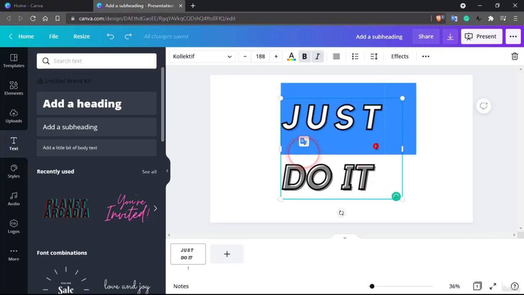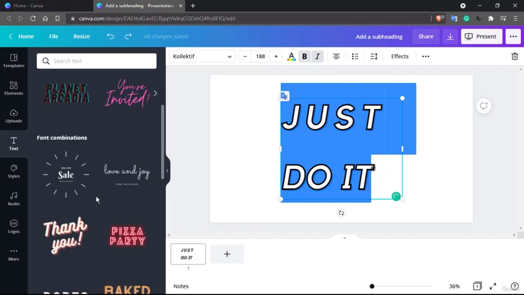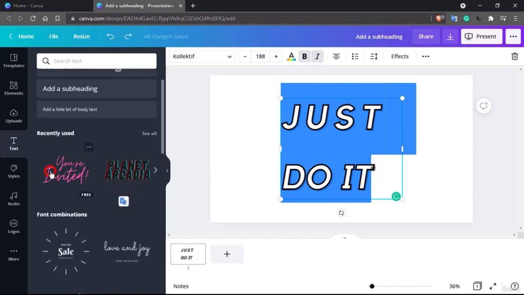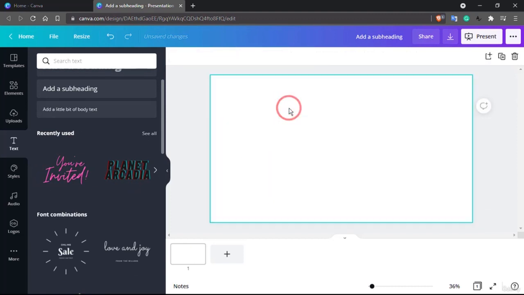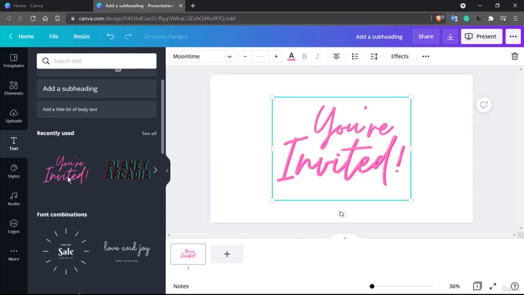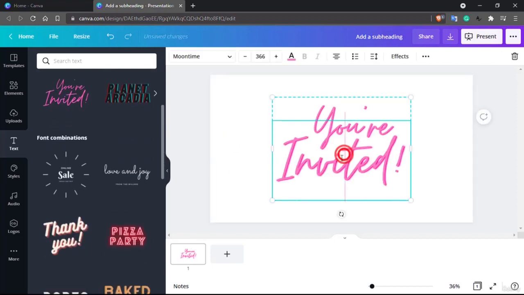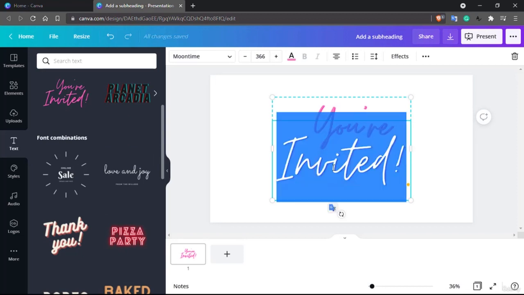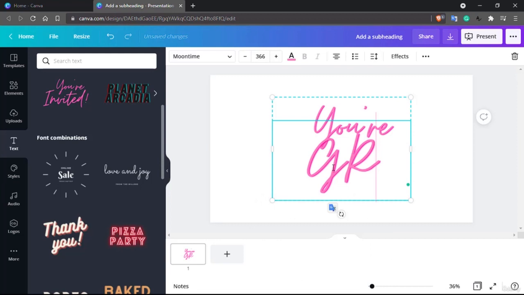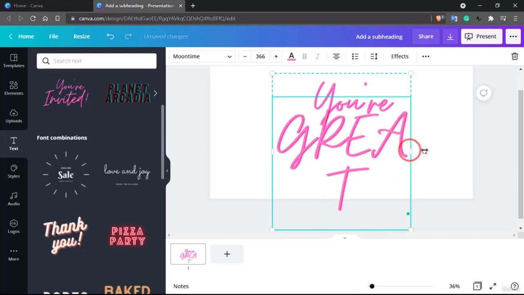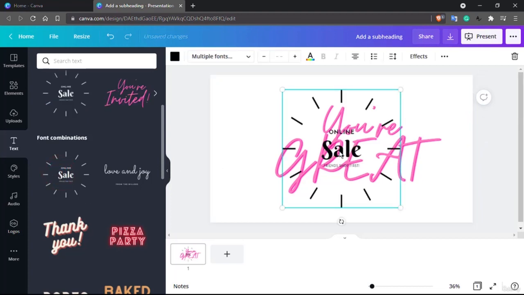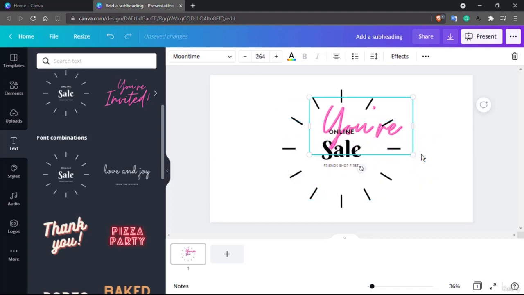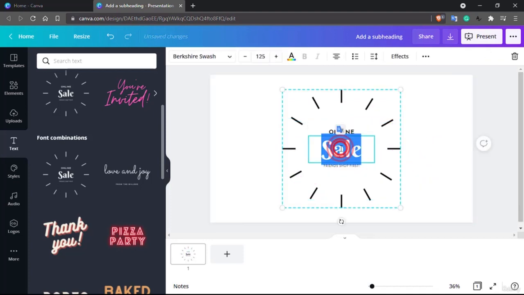So if you want a different font, basically the one which is here, you can definitely play along with that. So let's delete this one and let's focus on a new font. So see, we have got some fonts, new designs here. If you like to change it, you can simply change it. You are great. So we have changed it into your great font. Here there is an online sale font as well, so you can change it something like,